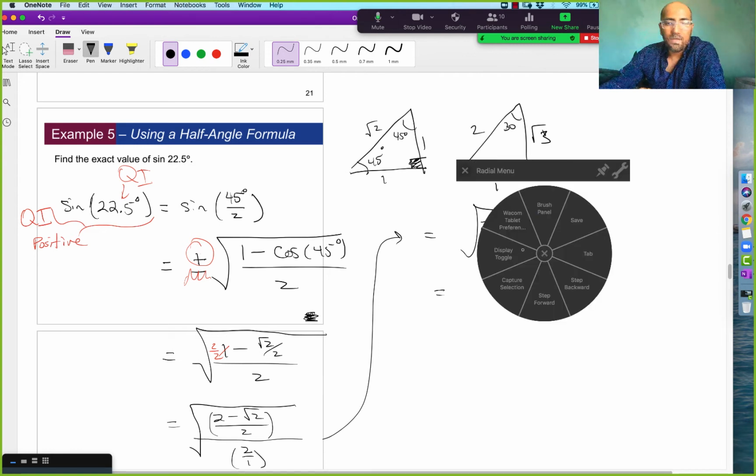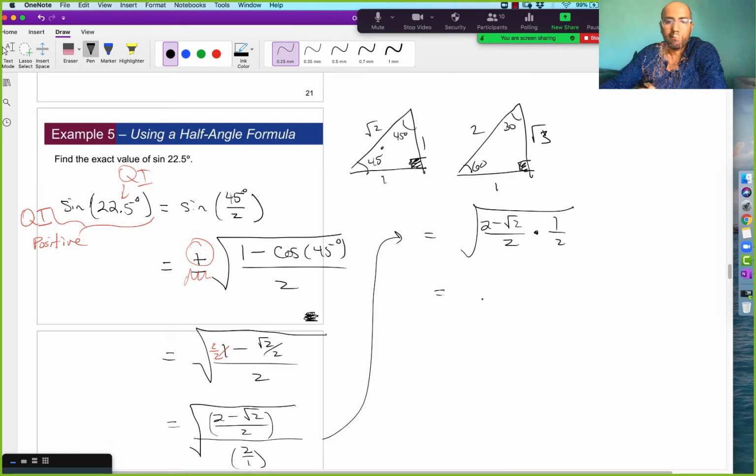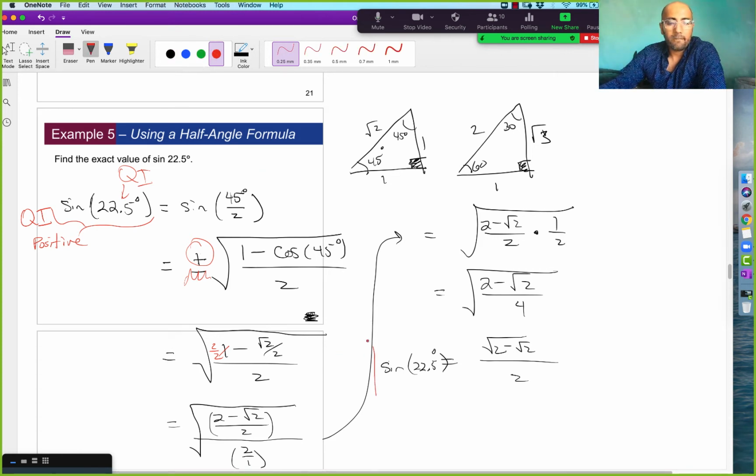Now these multiply, and we end up with (2 minus root 2) over 4 still inside the root. And so now we can push that out and end up with (2 minus root 2) all over 2. There's a fun answer. And that's what sine of 22.5 degrees is. Any questions? Nice thing here is that we can confirm this, verify it with our